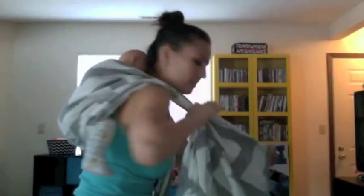And then I'm going to put the longer tail without the rings between my knees. Oh, and this is something we're going to take care of later. There is a lot of extra slack on one side of your rings, so we're going to take care of that at the end, so don't worry. So then what I do is I keep going like I'm doing a regular ruck tied at the shoulder. I go over baby's legs and under the bottom, and then the rings ended up exactly where I want them. So I just lay them on top of that rail that's coming down between my knees, and I just,